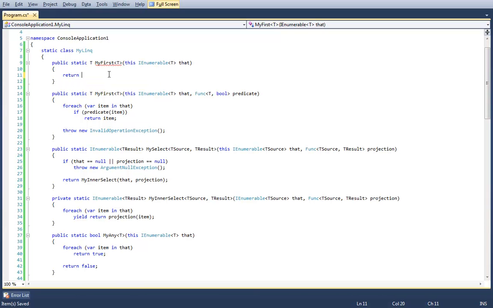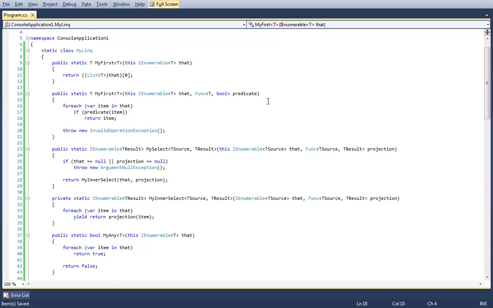It asks, is this an appropriate implementation? Can anybody guess why this is not an appropriate implementation? Other than null checking. I'm not doing any null checking right now, so that's not the problem. There's an even more fundamental reason why this is not how you should do it. It's a very fundamental reason to understanding LINQ.